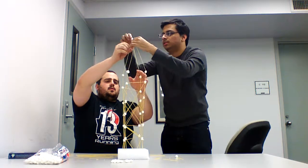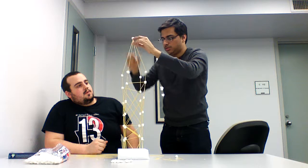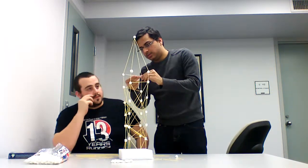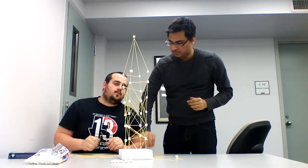And as you can see, this tower is approximately 2 feet. Stable and ready to go. Yeah, so you can see here we'll just add it up with a little bit more bracing. Make sure that